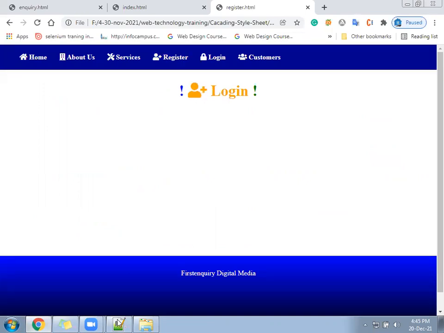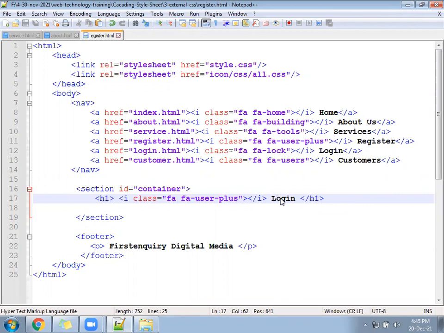And here login we have written by mistake. It should be register.